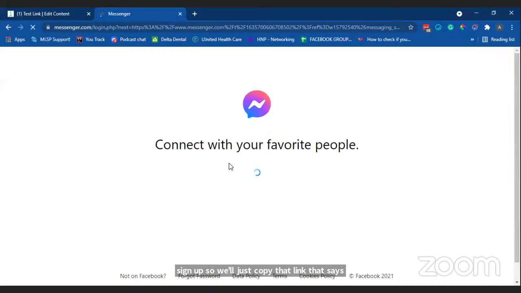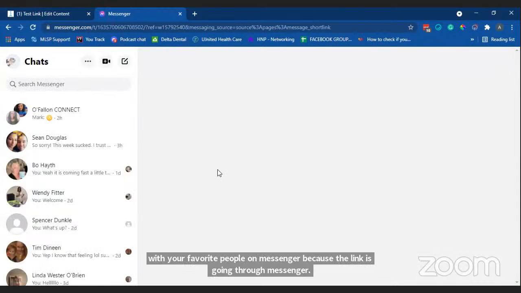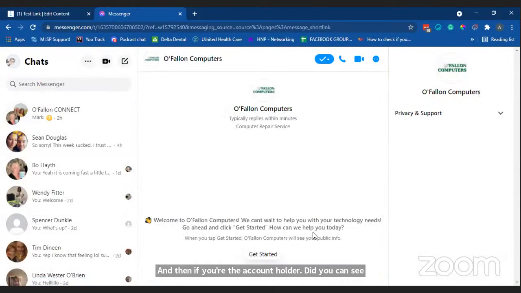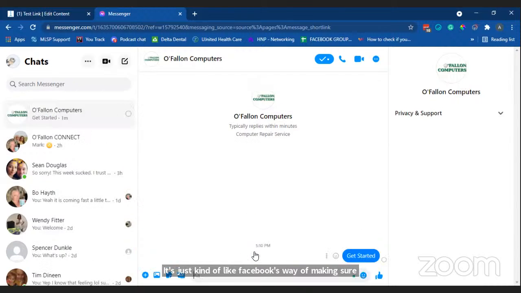And it says connect with your favorite people on Messenger because the link is going through Messenger. And then if you're the account holder, as you can see in my messages here, I just got an automated message saying, welcome to O'Fallon Computers. We can help you with your technology needs, because that's my business. Before you can do anything, the person has to click get started. It's just Facebook's way of making sure that you're opting in for permission. So once you click get started,